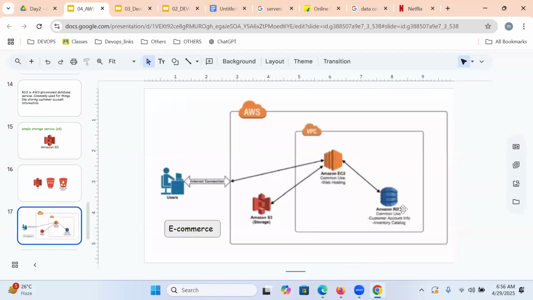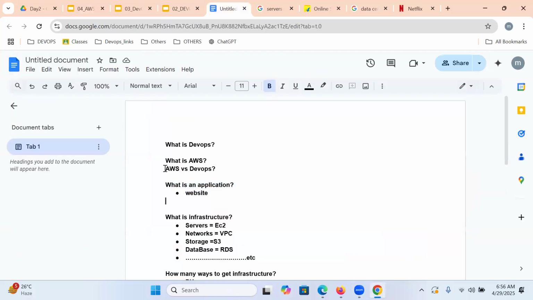AWS, either VPC, EC2, RDS, S3. By using this raw infrastructure, we can deploy. So I hope you understand very clearly the major relation between DevOps and AWS. We understood very clearly for today.